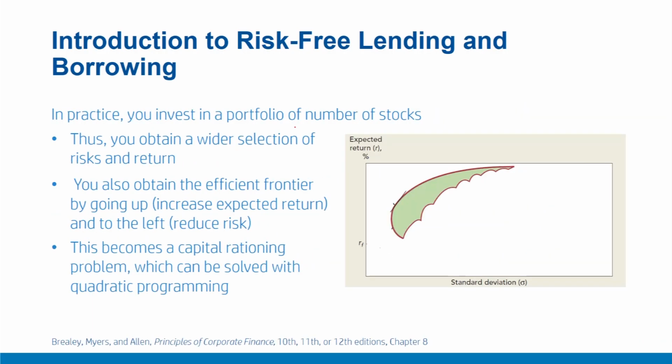You invest in a number of stocks to construct the portfolio, and the feasible region that you will obtain will look something like this, the green region obtained here. And you will obtain a very wide selection of risk and return profiles in the form of this feasible region. Now, in this feasible region, you would want to go up in order to increase your expected return for a given level of risk, or you would want to go to the left to decrease the risk for a given level of return. And as you keep on doing that, you will obtain this efficient frontier, or best set of portfolios that offer you the best or optimum combination of risk and return.